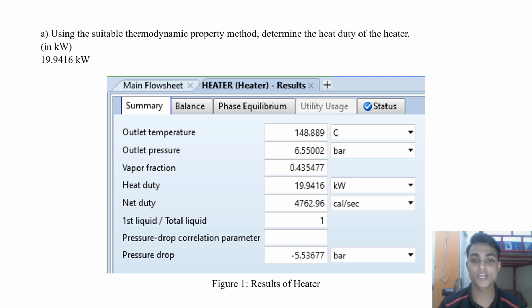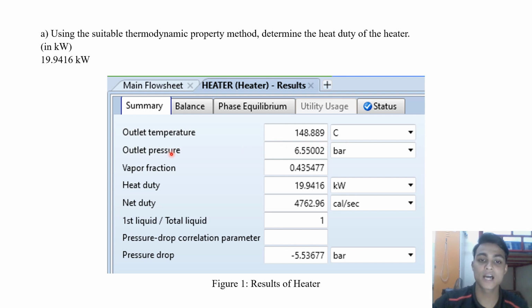So after the simulation, the answer we obtained is 19.9416 kilowatt. So here in figure 1, we can see the results of the heater. Heat duty, after we change the unit into kilowatt, we observe the answer we obtained is 19.9416. Along with heat duty, we can also observe the outlet temperature